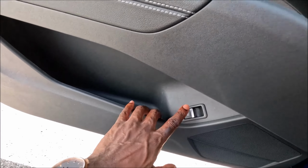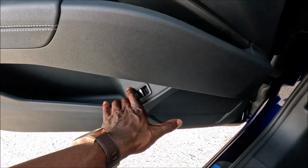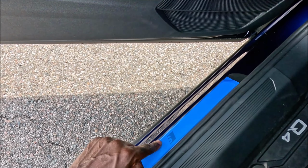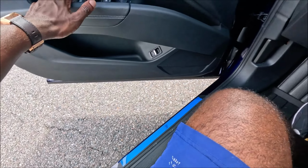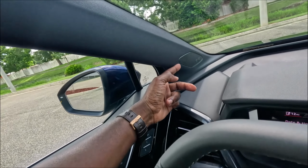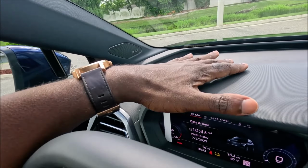And then we also have our trunk release there as well with our Sonos sound system speaker right here and the aluminum door sills with the S badging there as well. Keep in mind, we also have the LED interior lighting pro package here as well. Now in the A-pillar, you guys will see that Sonos speaker there as well, and more of the anthracite inserts